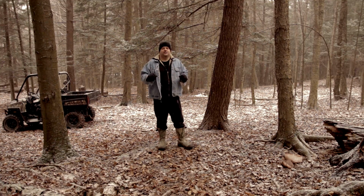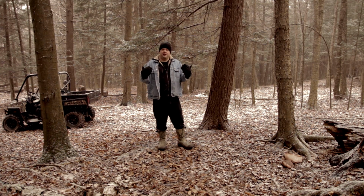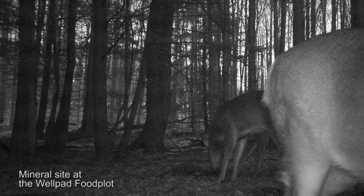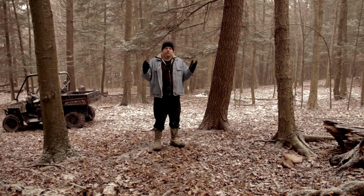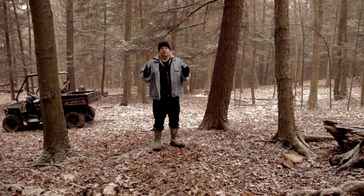Now, the late deer season has ended here in northeastern Pennsylvania, and that for me means now it's time to switch over to deer habitat management. Improving the place so the deer are happier, healthier, and so that next year we have even better deer hunting. It's what I like about the outdoors, what I like about crossbow hunting, what I like about deer is the fact that I can do something practically all year long to improve the place and to get maximum enjoyment out